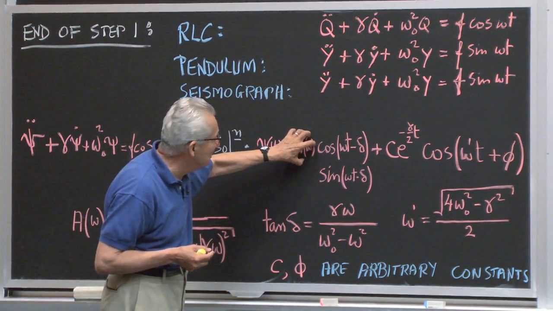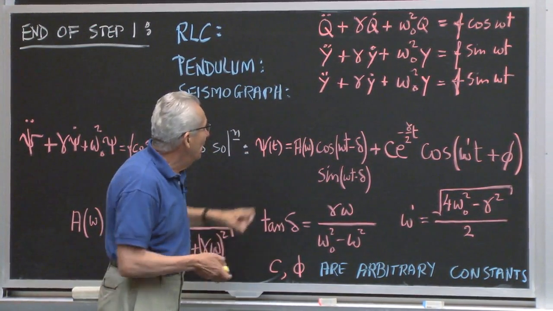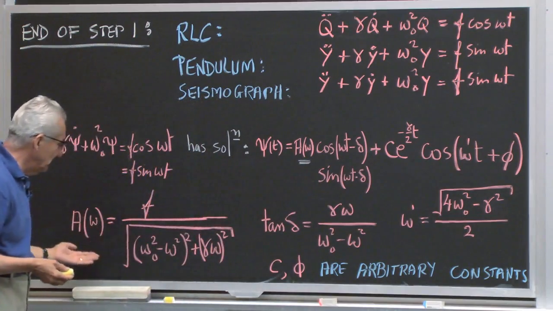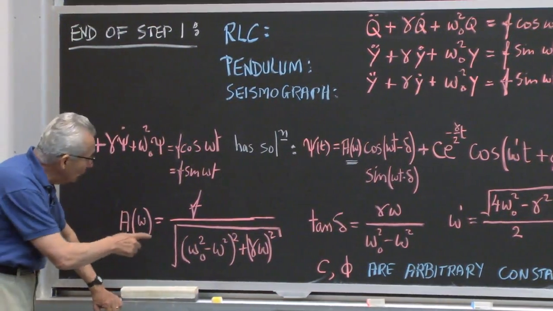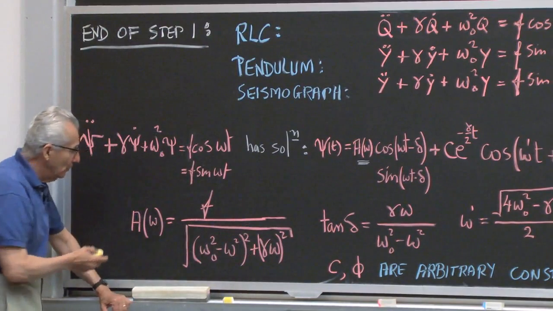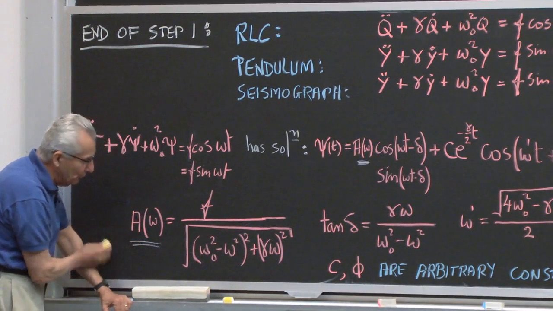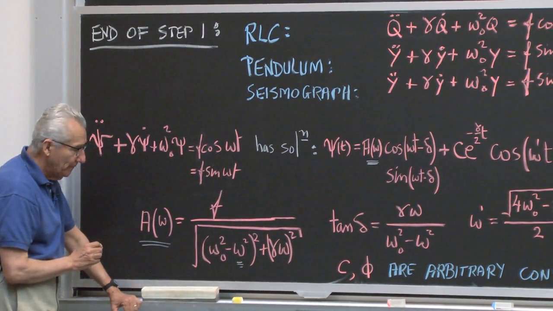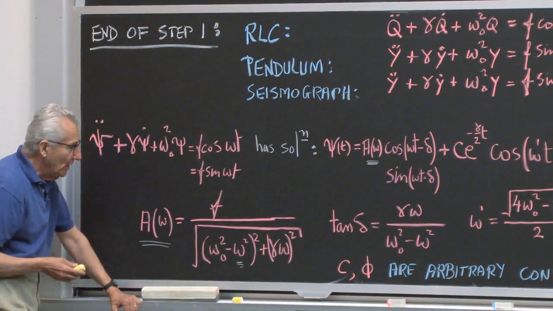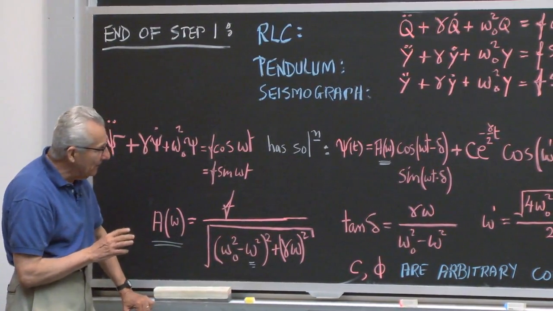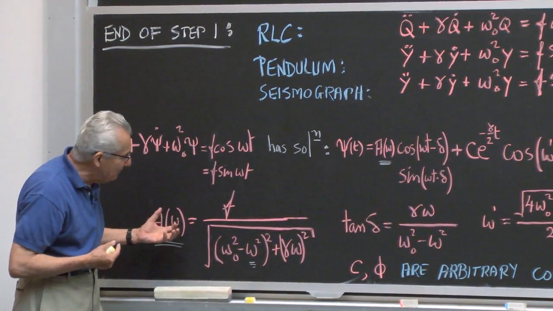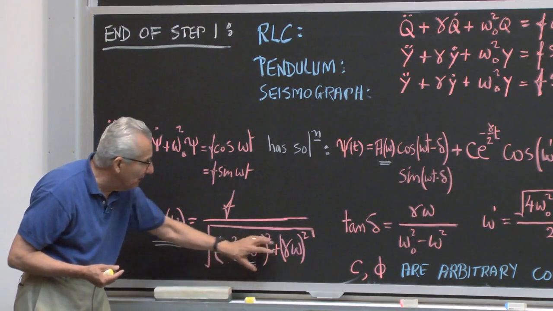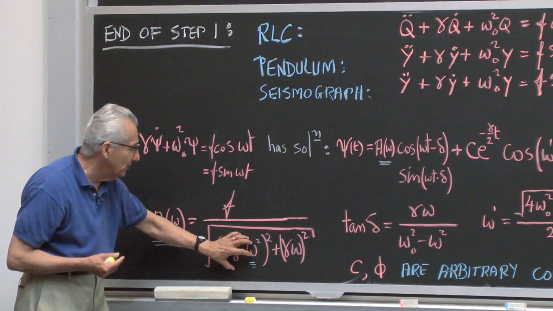And so the question is, what is the amplitude of the response? How big is this term? This term, we know how big it is. And if you look at this function, you see that this amplitude depends on omega, on the driver. Okay? Now, let's assume the damping is not very big. This will dominate. This will be small compared to that.